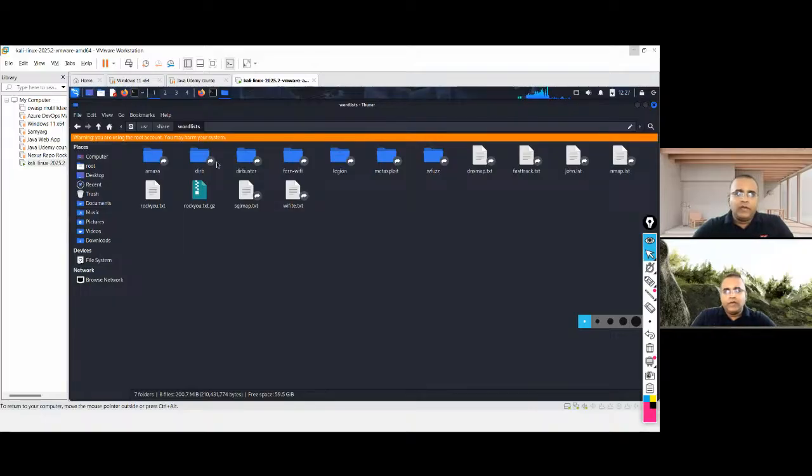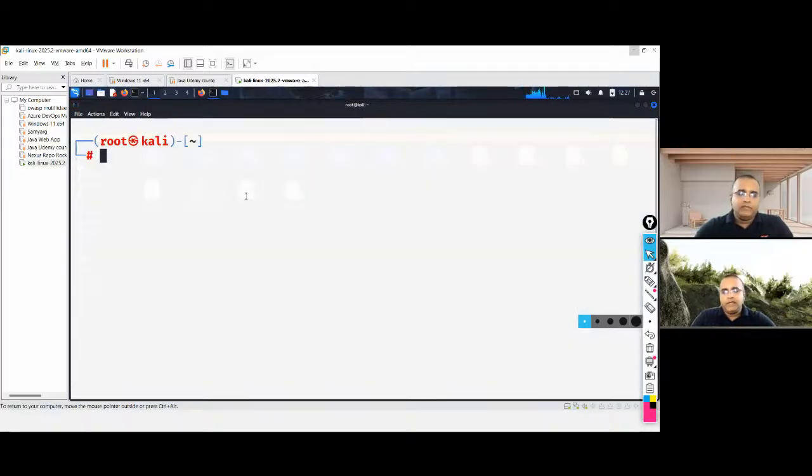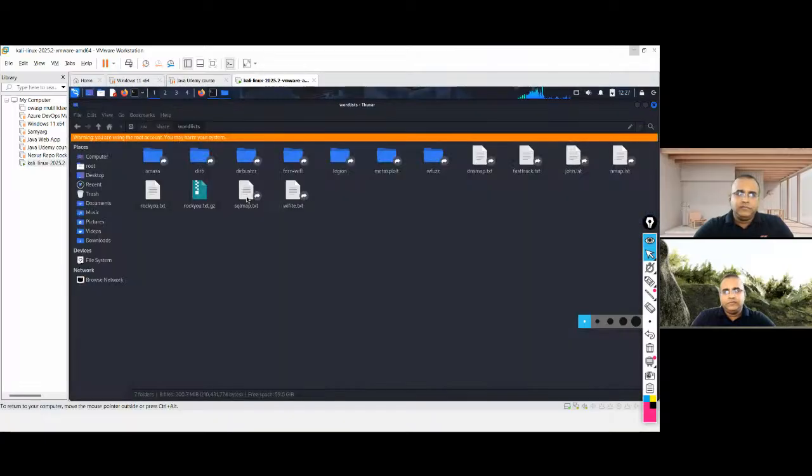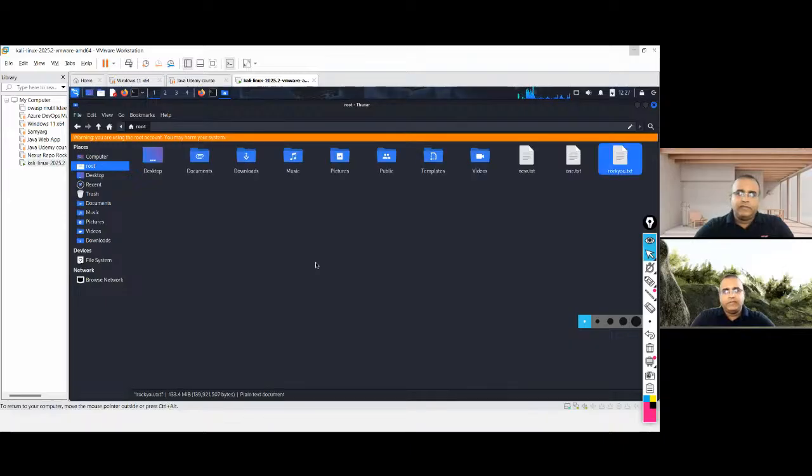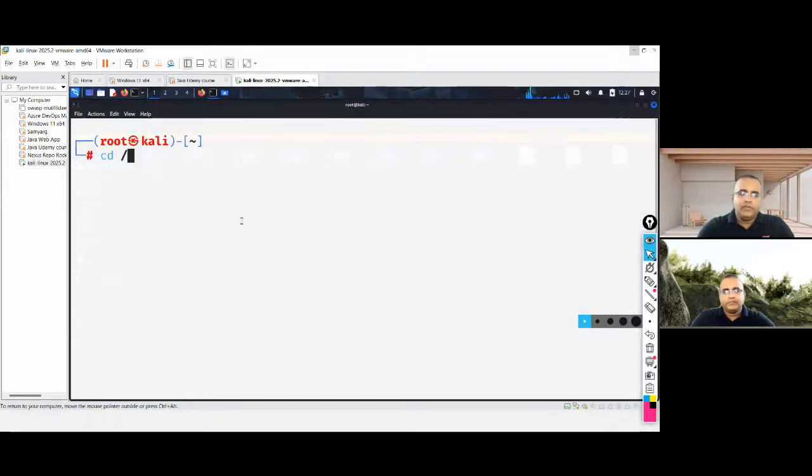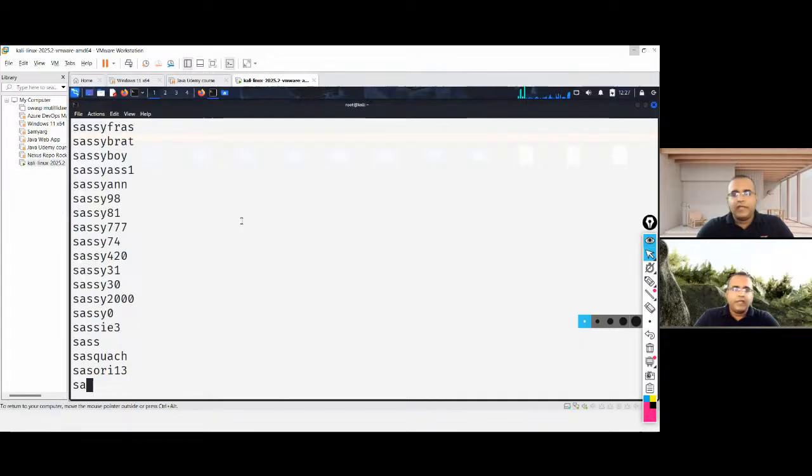So how do I use this to break a password? Let's say I show you hashcat. It's still going to take a long time to show all this.